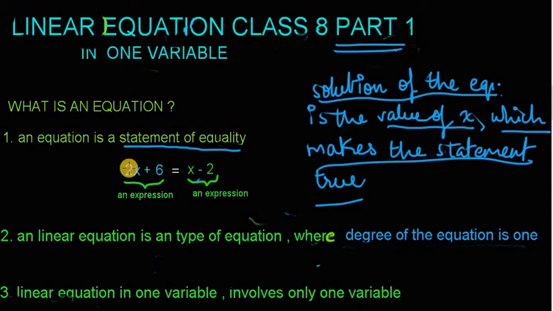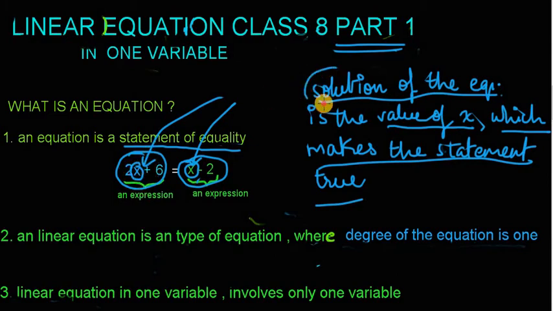Okay, so here this equation says that this side equals this side. This expression equals this expression, but there is a variable here, isn't it? For this variable the value is unknown, so we have to give the correct value in order to achieve an equal value on both sides, isn't it? So that value is what we call solution. If we find a correct solution for the equation, then this statement will be true, or in other words, this side will equal this side. That is what this equation tries to say, isn't it?